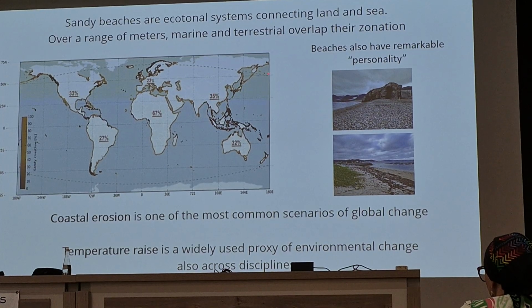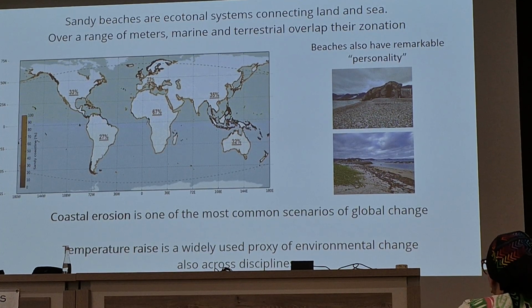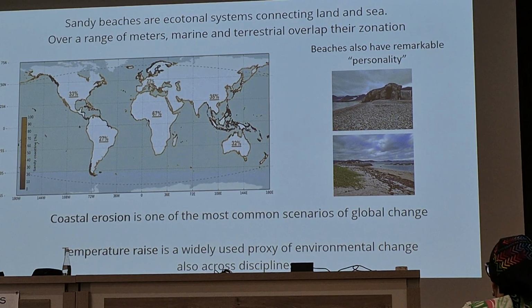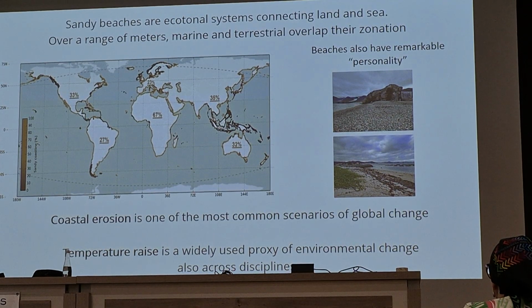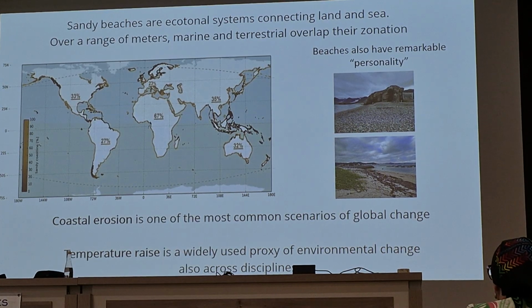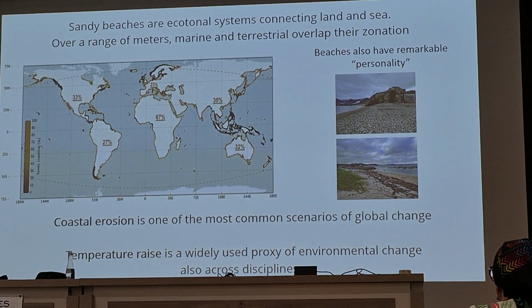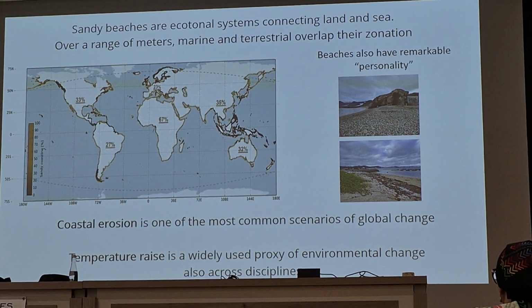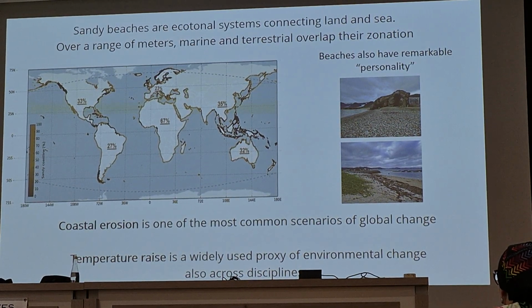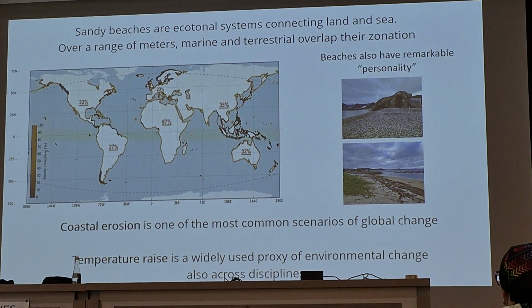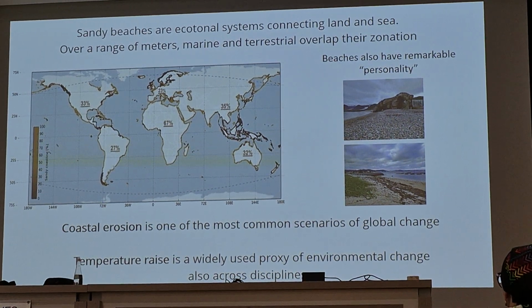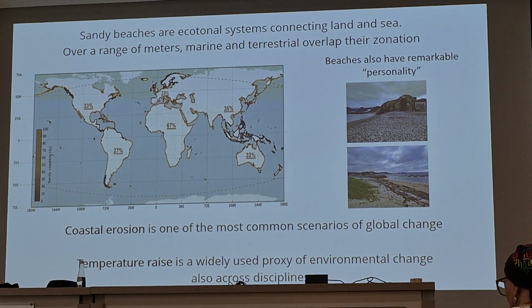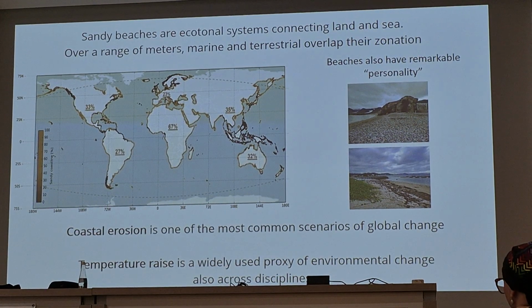It's written in percentage by continent, and the granularity of the information could be really fine: at a few meters' distance you can have two completely different environments. That depends on the wave strength, the current strength, and the winds. They shape every single beach in a fine way, and it gives them a kind of personality. So no beaches are alike. Even if you see them close by in space, it doesn't mean at all they are really similar.